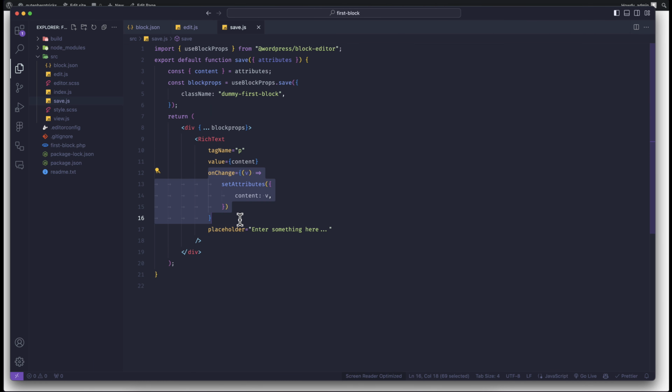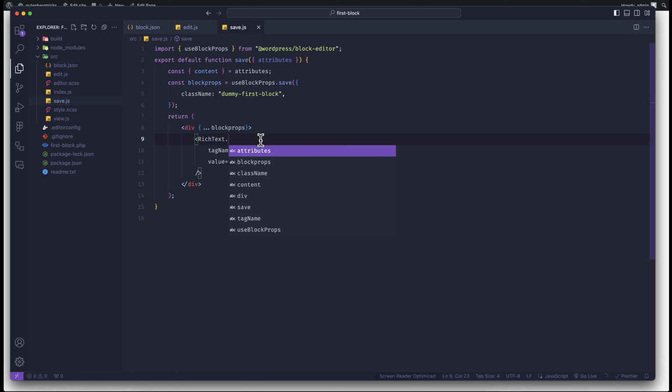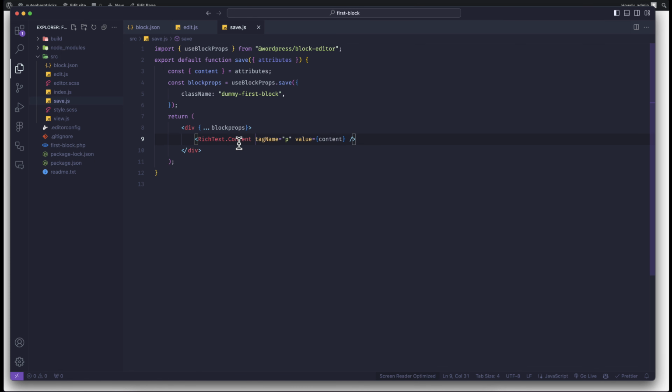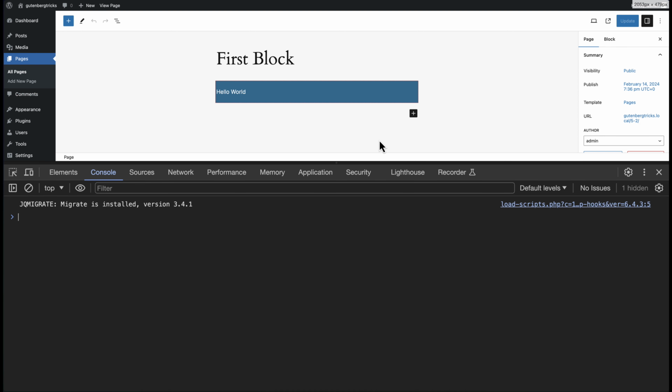We don't have any onChange function in our save.js, so we have to remove this one. We don't need to use any placeholder also, but we have to pass an extra parameter called save. This is only responsible for our save.js. That means it will give a value for this content, not an editing feature. So if we go again and refresh,